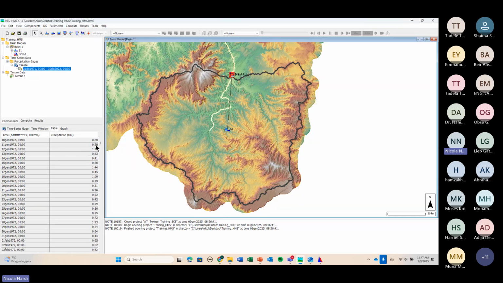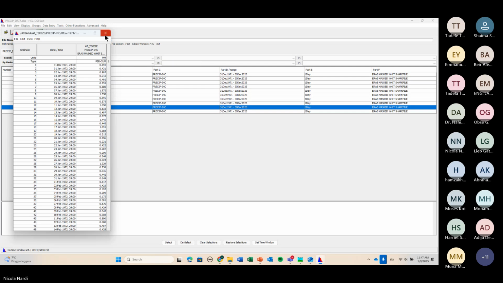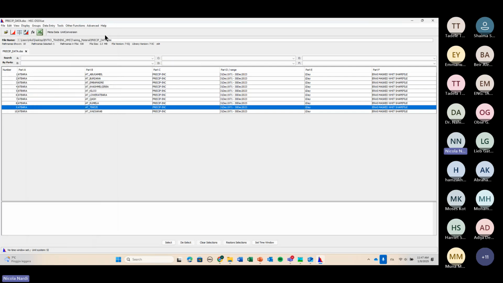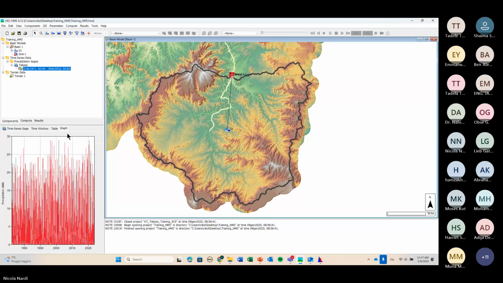So right now, if we move from time windows to table, you will see exactly the table, so all the values that you have in your data set. It is exactly what you can visualize in HMS if you open the table. Same thing for the graph instead of the table. If we click on it,